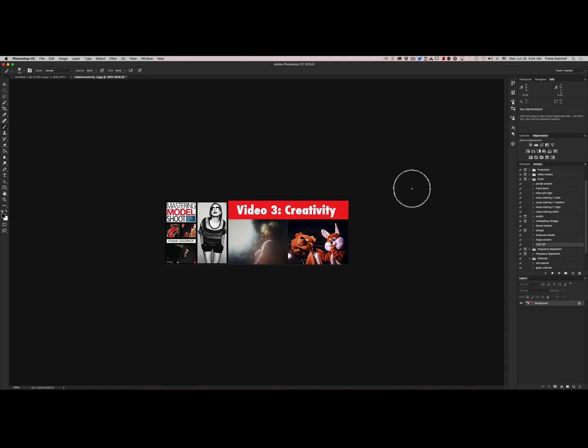Now the actions are really easy to create. You can use this menu over here under your actions, and for example let's make a new set, call it test, and press OK. So now I have this new folder or set over here. Now let's say I want to create a new action. I use this icon which will actually create a new action. You press it